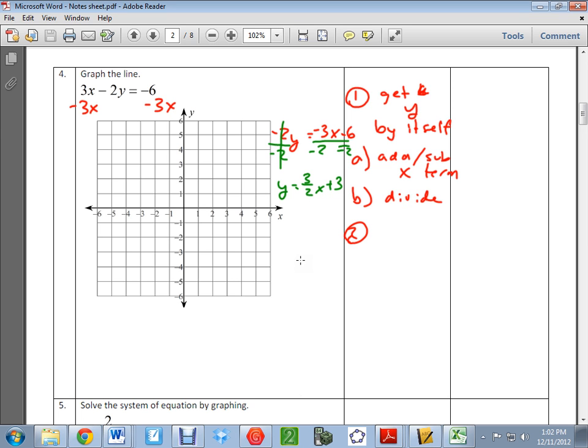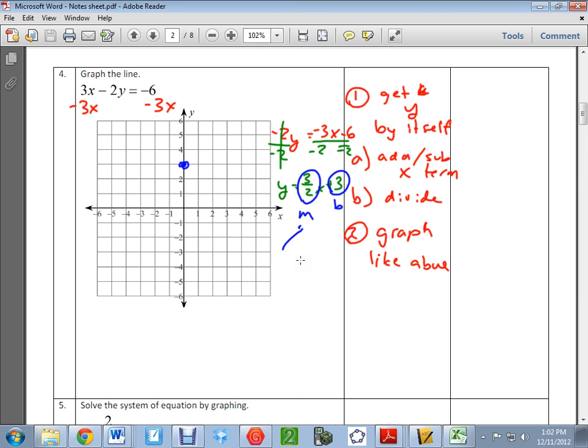So on my second step, after I have solved for y, gotten y by itself, I want to just graph it, like above. So I'm going to look for my slope and my y-intercept. Where's my y-intercept? So 3 is my b. I'm going to start at 3. My slope is